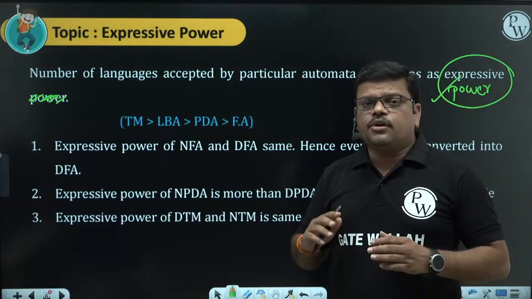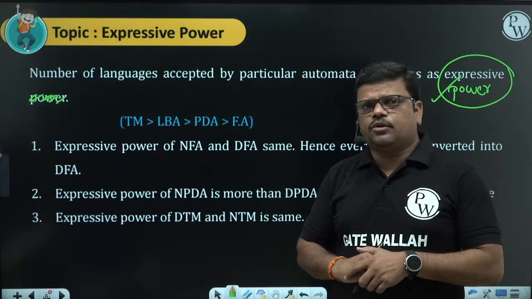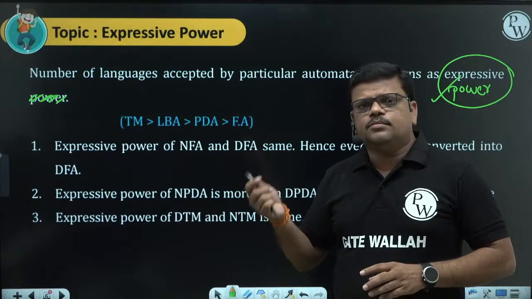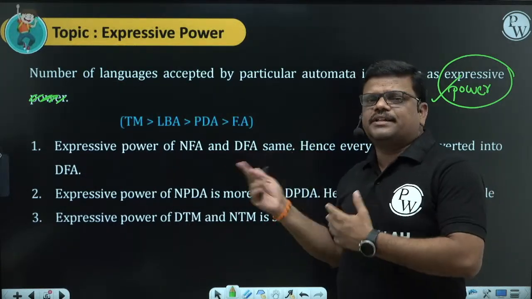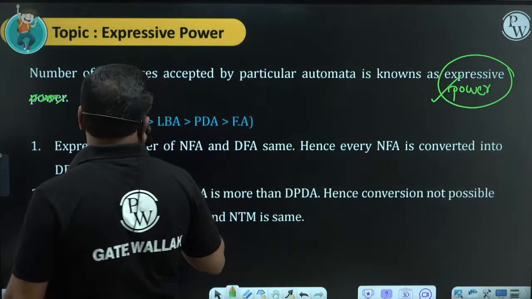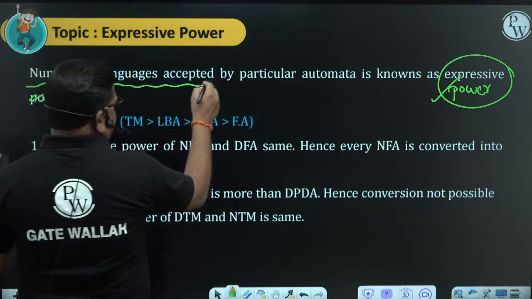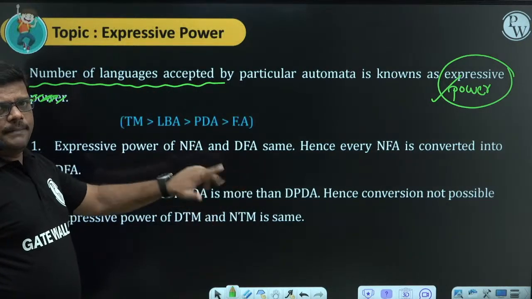Like that, the number of languages accepted by an automaton is the expressive power of that automaton. Whichever automaton accepts more languages is more powerful, powerful in the sense of expressive power. I think this is clear. This is the important definition used to compare our